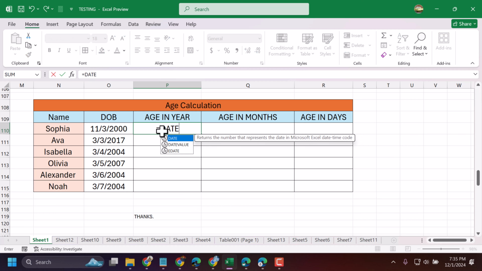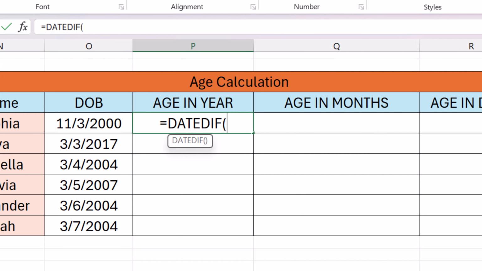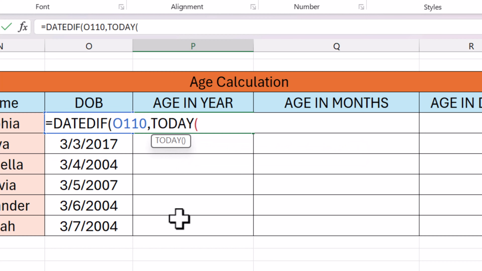DATEDIF, then opening bracket, now select DOB, comma and type TODAY. Then double click on this TODAY, closing bracket,